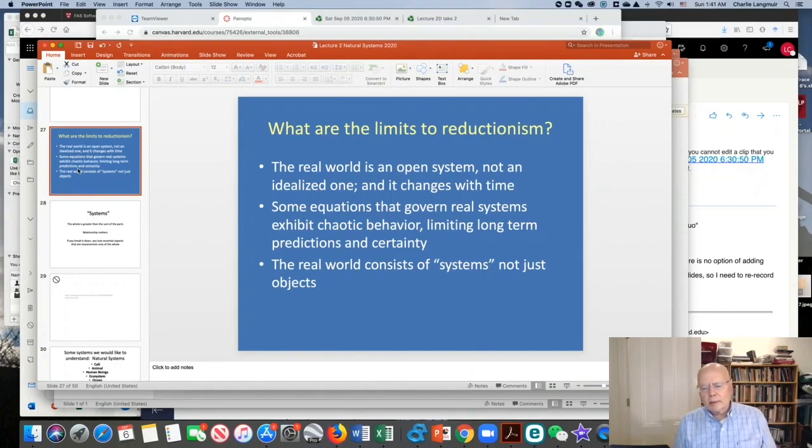So we've seen that the idea of having deterministic equations can be very powerful in calculating things like the trajectory of an asteroid. But we've also seen that it has its limitations. In particular, it's limited because many natural systems have chaotic behavior, which means that while you can calculate things perhaps quite well for the immediate future, as soon as you go out in any distance at all, you have a lot of trouble calculating it. The errors get very large